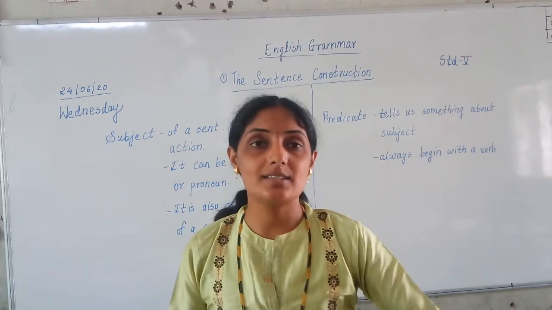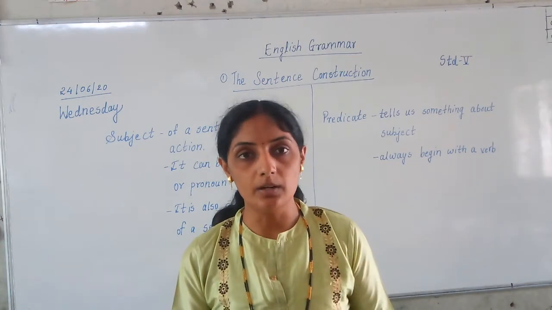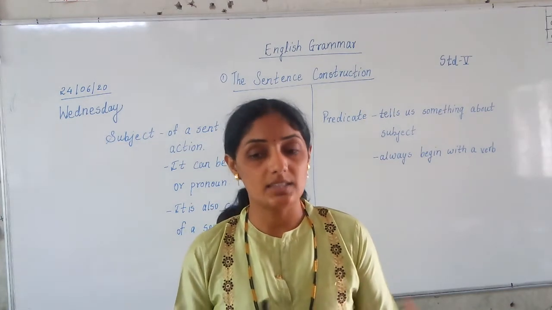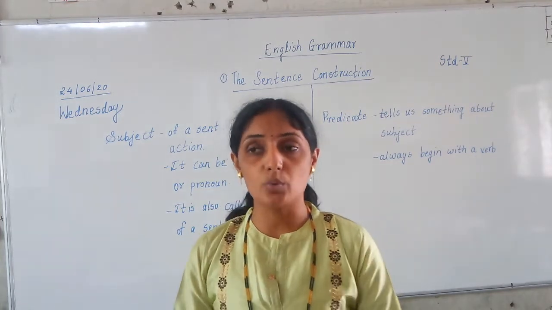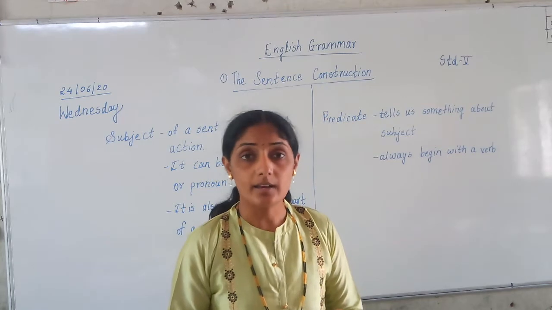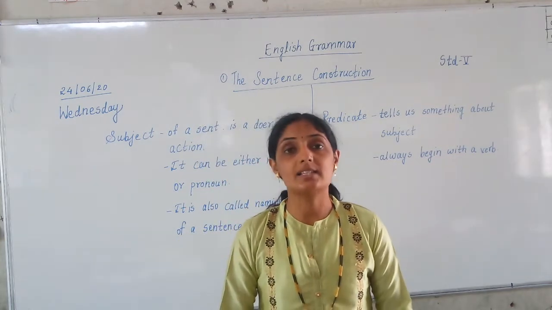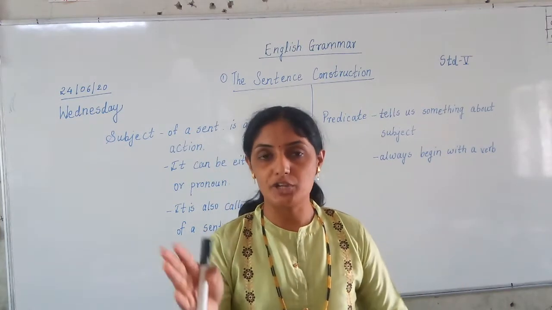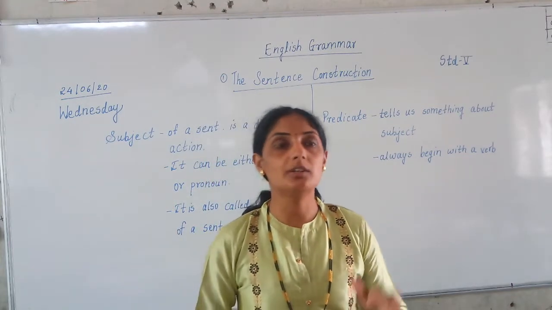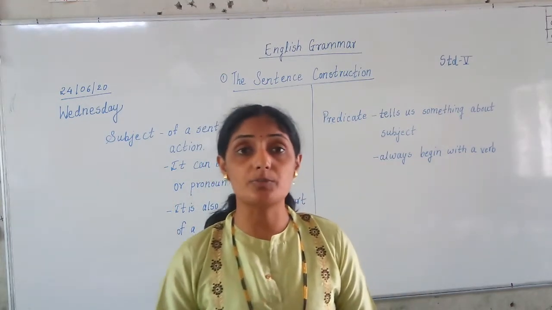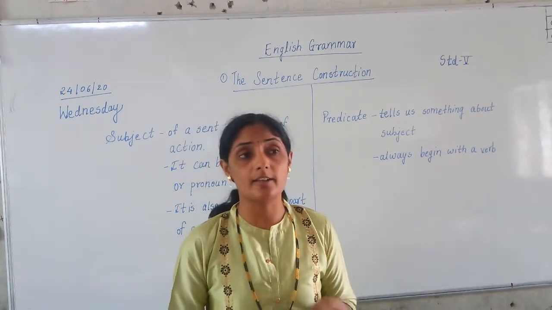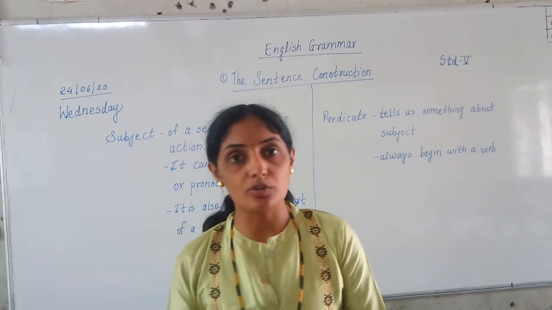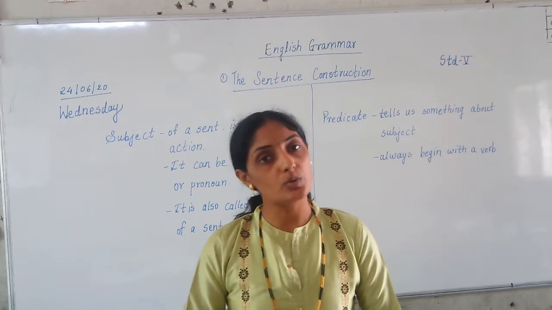And then how is this sentence constructed? It requires verb, it requires subject, it requires predicate. It requires noun, pronouns, adjective, verb, adverb. It requires 8 parts of speech: noun, pronoun, verb, adjective, adverb, then preposition, conjunction, interjection. We need all 8 parts of speech in some sentences. I am not telling you every sentence requires all 8, but these 8 parts of speech, which we have studied in 4th standard, are also required for sentence construction.